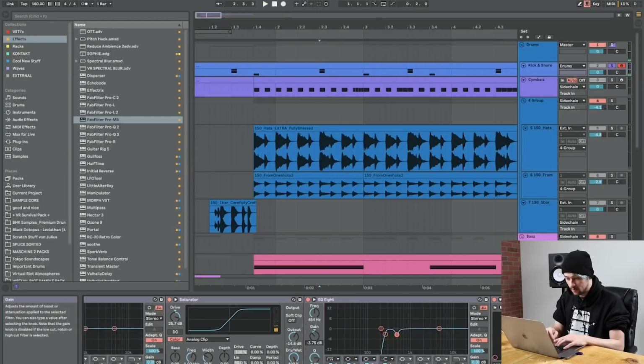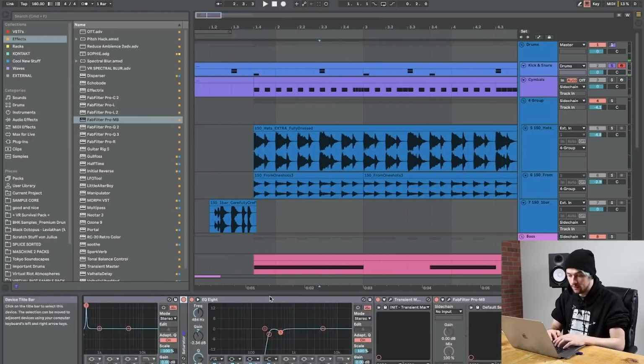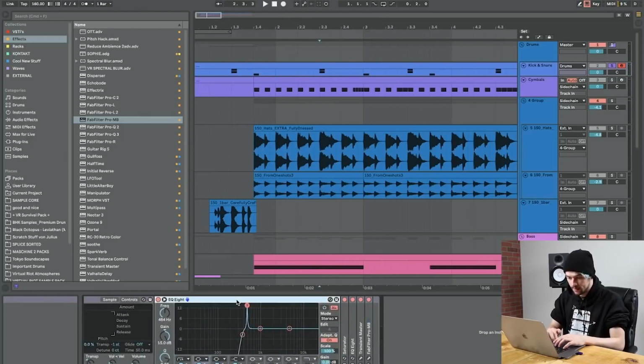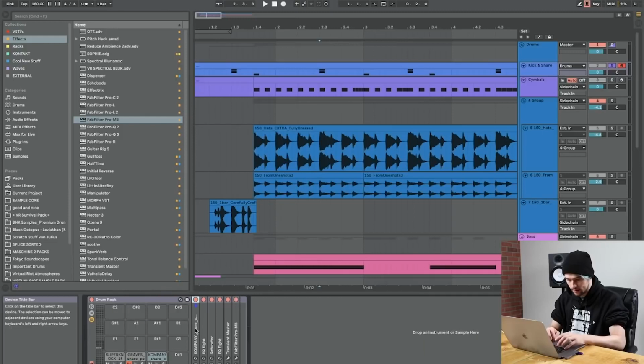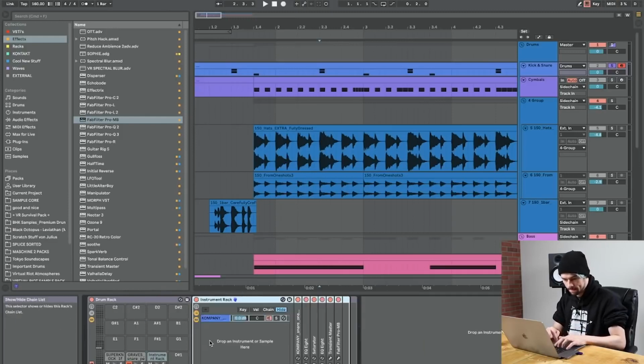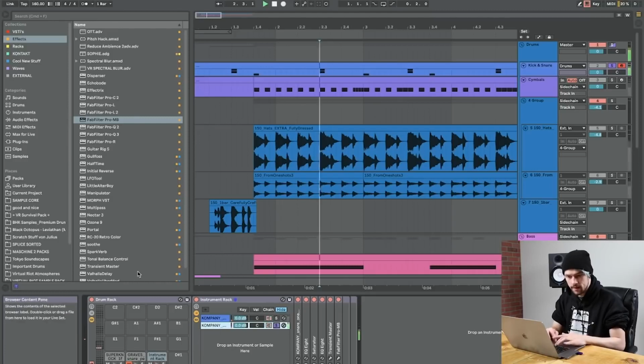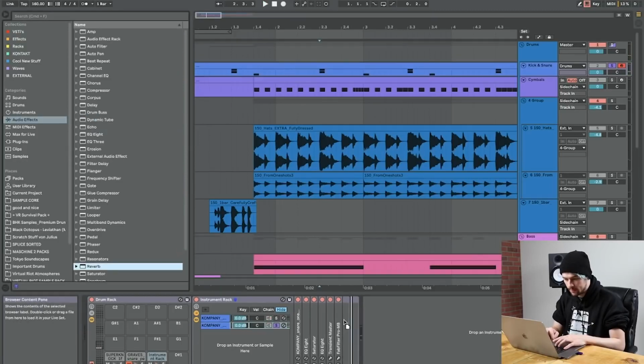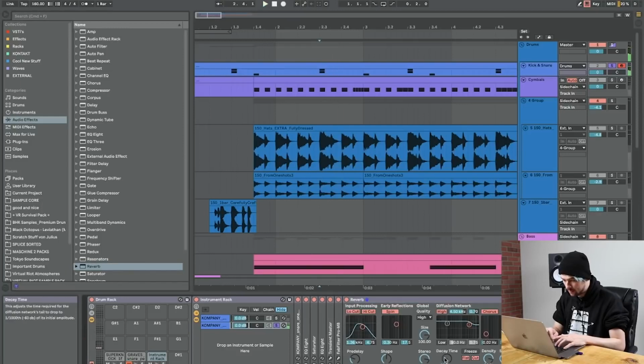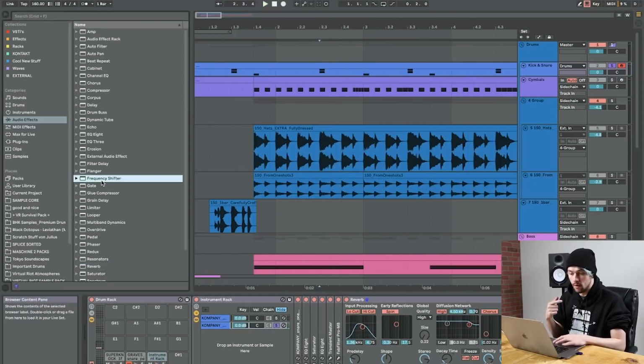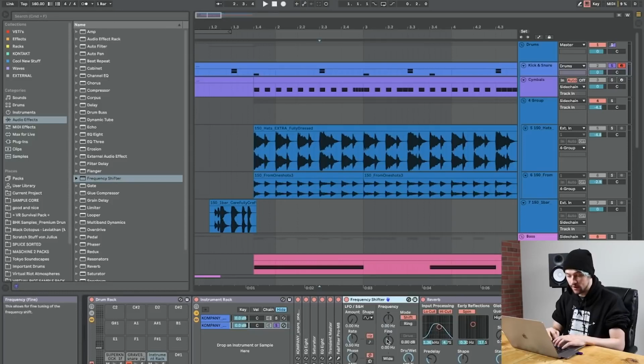But a cool thing you can do, once you have a snare like this, is duplicate the entire group in here, so this is going to play twice. Duplicate the whole shebang with the effects chain, and then run it through 100% reverb, but really short. Kind of like that. And now you can either pitch the sample or frequency shift it before it goes into the reverb. So now it's like